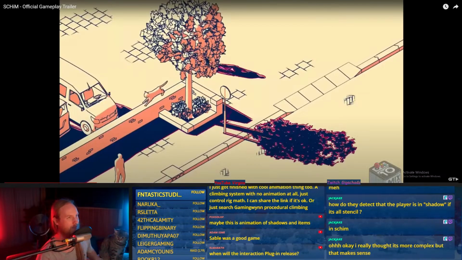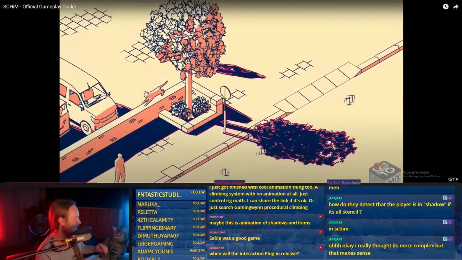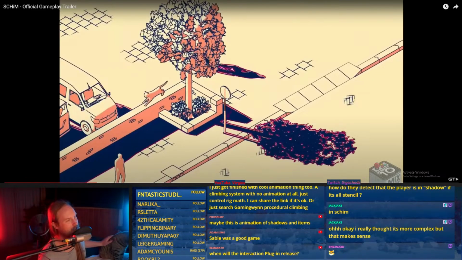Just do some line traces from the character to the nearby lights and see if the lights hit them or not. It's as easy as that. Because in Unreal, the lights have a fall-off distance, a luminosity, and a location. If they're a directional light, they have a direction. So all the data's there. You just have to do a trace from it to you to see if it would actually be casting light.